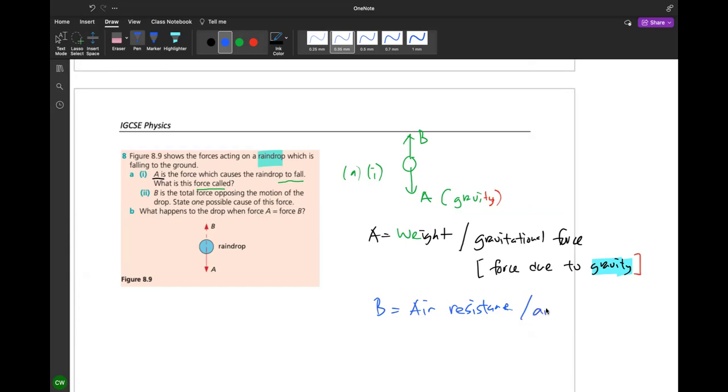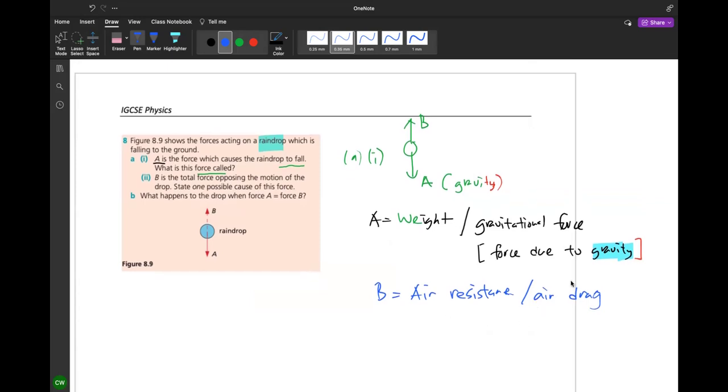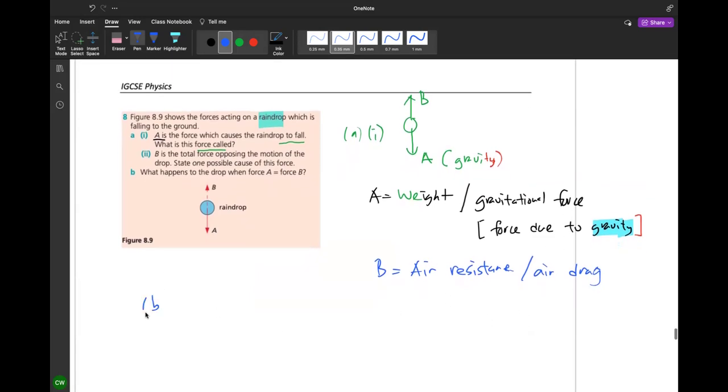Sometimes it's called air drag. Air drag. 风的阻力。What happens when these two forces are the same? 当这两个一样会怎样？